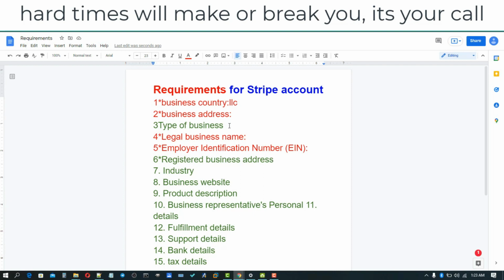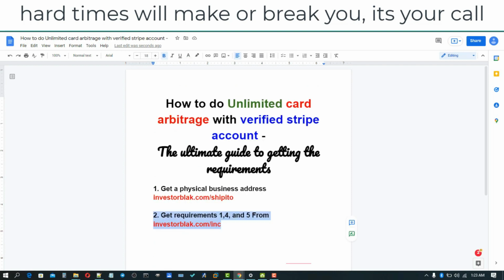So once you're able to get these 3 things, you come back and fill these things in your Stripe while creating your Stripe account, and you'll be able to get a verified Stripe account. So without wasting your time, let's do the remaining step, which is to get requirements 1, 4, and 5. To do that, you head on to